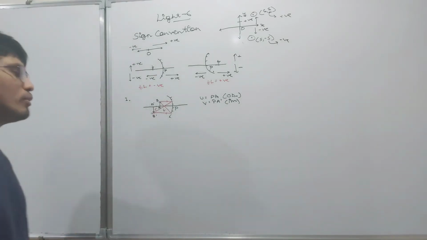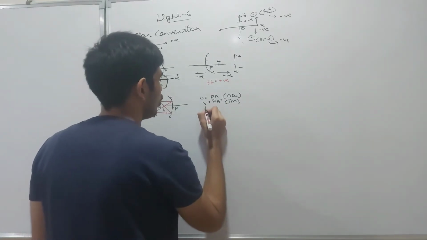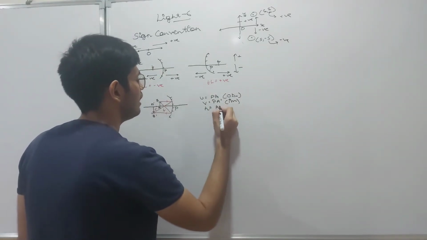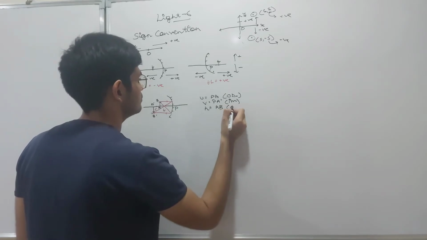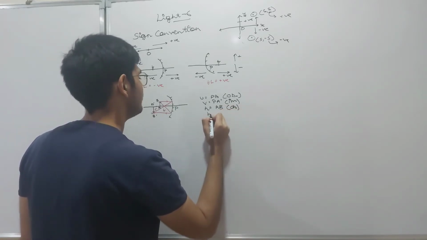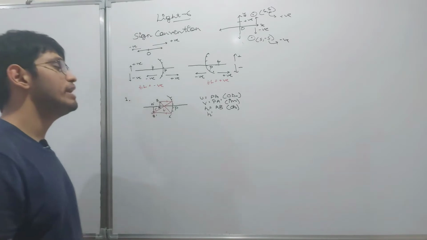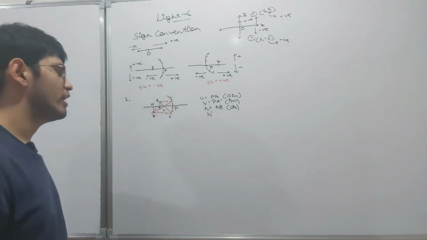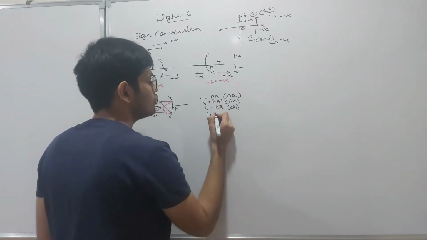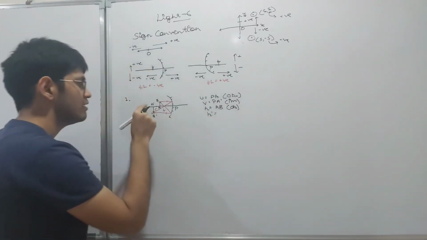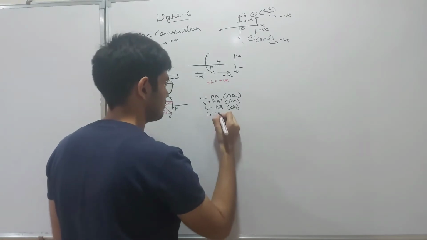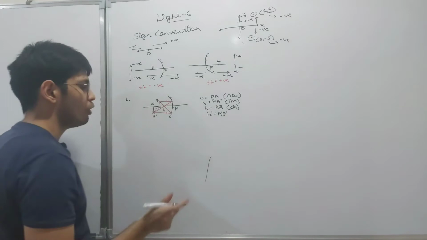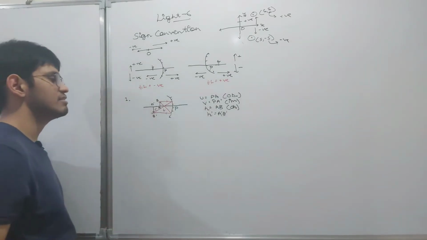The height of the object is AB. Similarly, the height of the image we are representing by H dash, or you may also write it as HO or HI, but I prefer this. Anything you can write, it is not at all a problem. So H dash is A dash B dash. This is the height of the image. I think these things are clear to you.